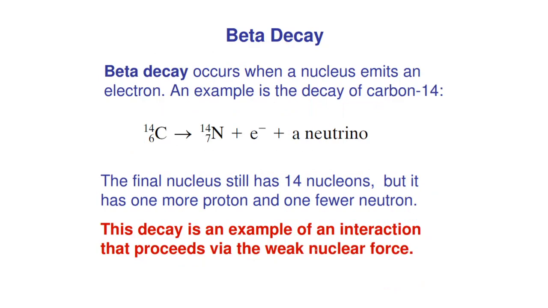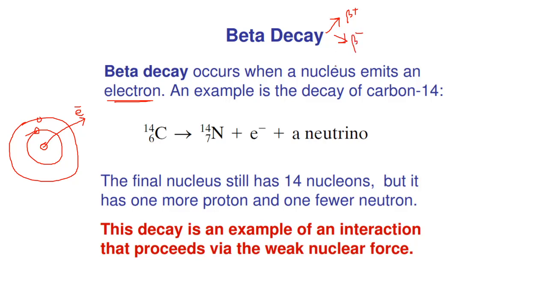Now let us move towards the beta decay process. Beta decay occurs when a nucleus emits an electron, and these electrons are high energy electrons. So here is my atom, and this atom is an unstable atom. To get to a state of stability, it emits an electron from the nucleus. Fine, and these electrons are high energy electrons. And this beta decay process is of 2 different types, either a positron decay or a beta minus decay.